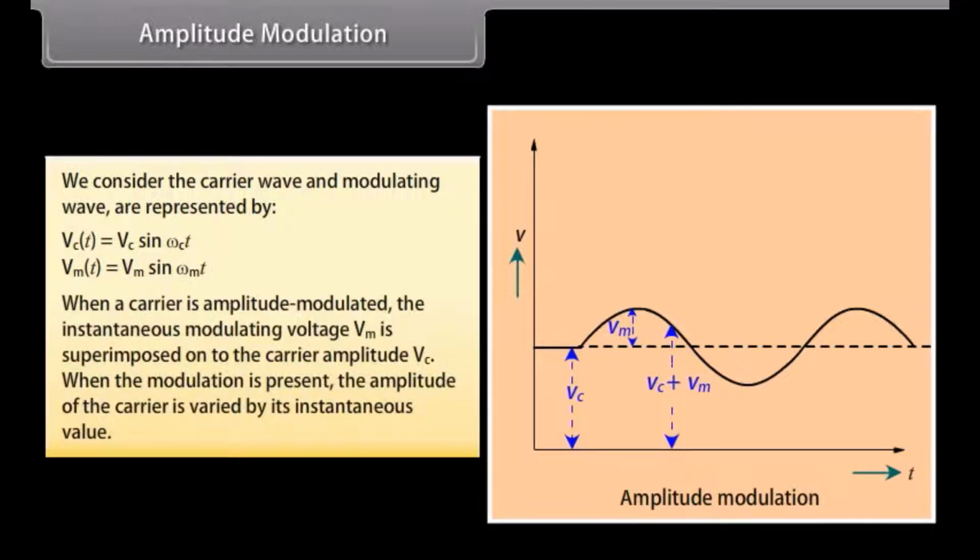When a carrier is amplitude modulated, the instantaneous modulating voltage Vm is superimposed onto the carrier amplitude Vc. When the modulation is present, the amplitude of the carrier is varied by its instantaneous value. The modulated carrier wave is given by v(t) = (Vc + Vm sin ωm t) multiplied by sin